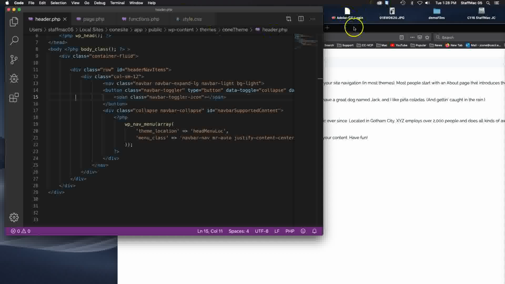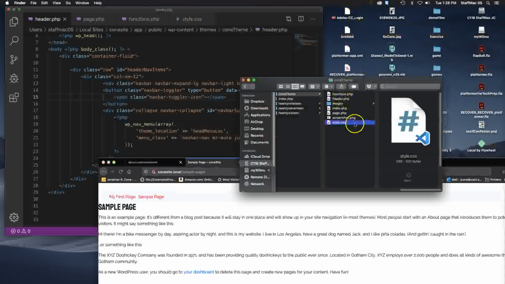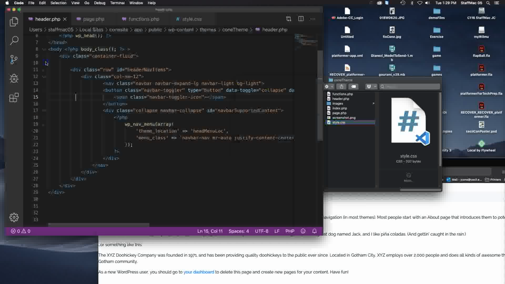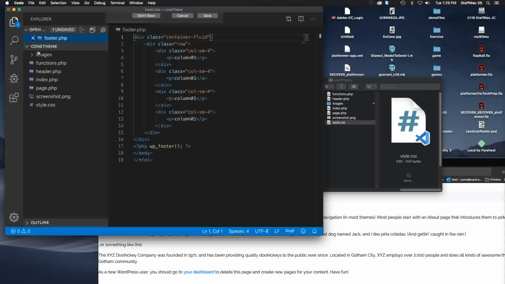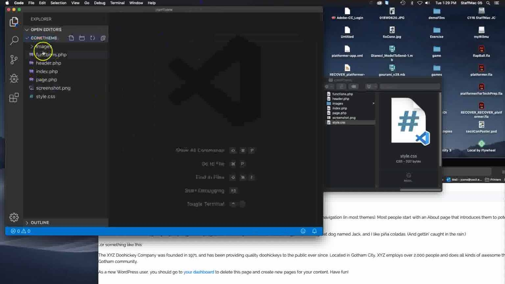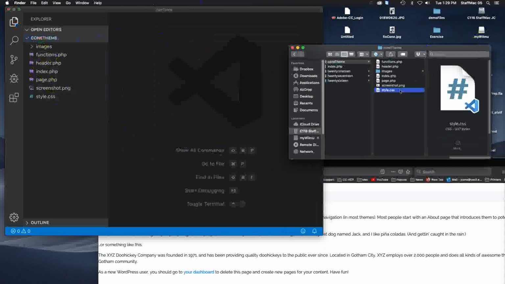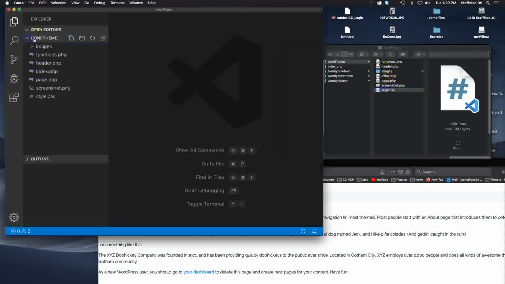Now, an easier way of working is, instead of having to grab each one of these, I can grab this folder and open up the folder by dragging it in here, and then that way I have all of the elements in here. Oh, let's close out of this. This is unsaved, but it wasn't supposed to be there. Don't save. Okay, so I want to add a footer. It's exactly the same as when I did my header, so I'm just going to go in here and make a new sheet, or you could right click here and do footer, but I'm going to do this. I'm going to call it